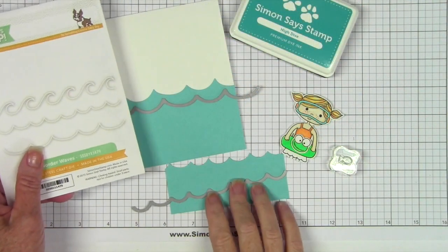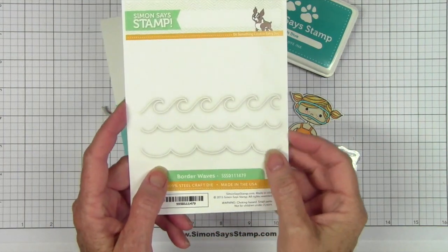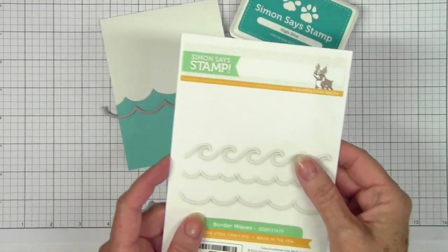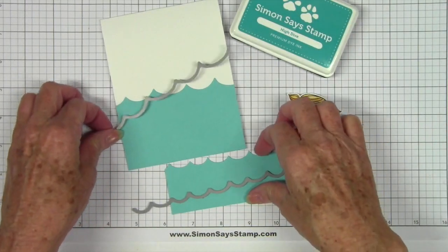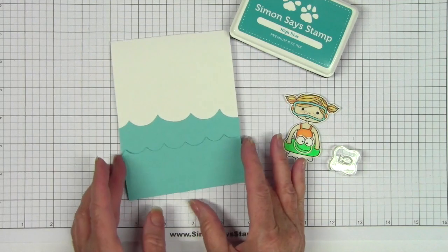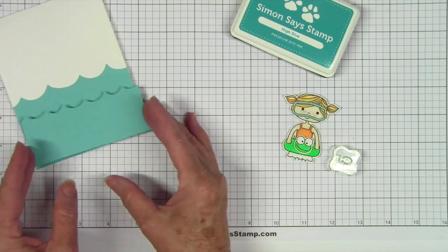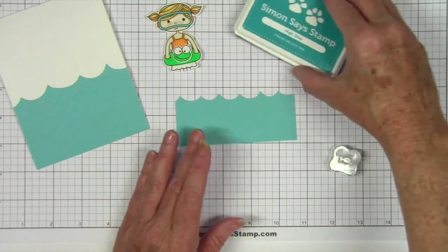I've cut my waves from some Audrey Blue cardstock, and I've used the large waves and the smaller waves, and this is from the Border Waves set where you get 3 different selections. So I've left my papers where one is a bit longer than the other so that these can stack up together. And I'll be putting Abby in between those layers of waves, but first I want to stamp some fish,